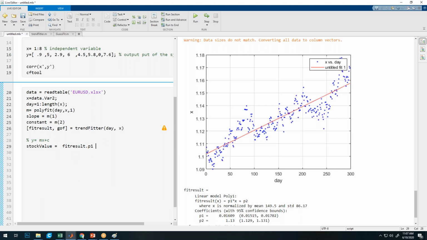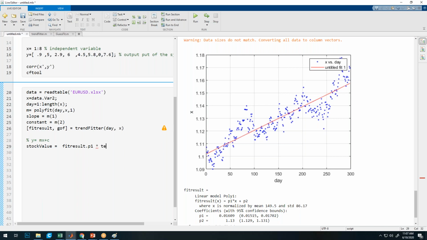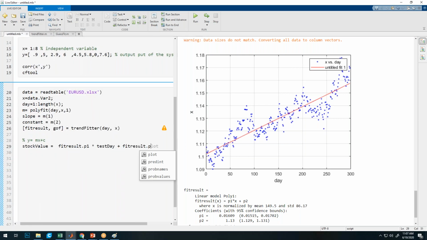So this one will be multiplied to the day data, or say I'll put test day. I'll define the value of test day here, plus fit result, control C, control V, P2.